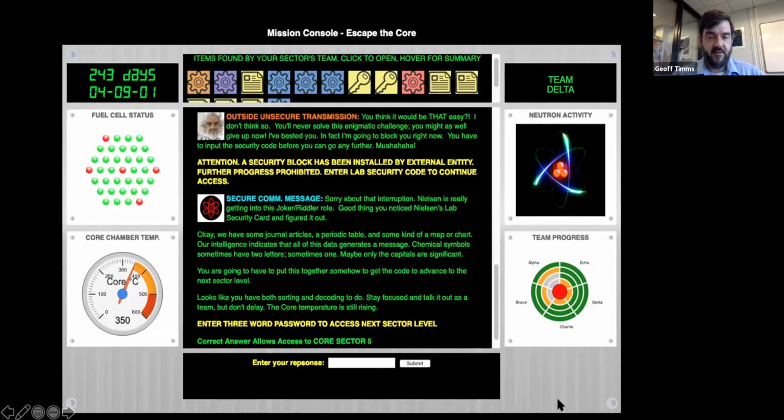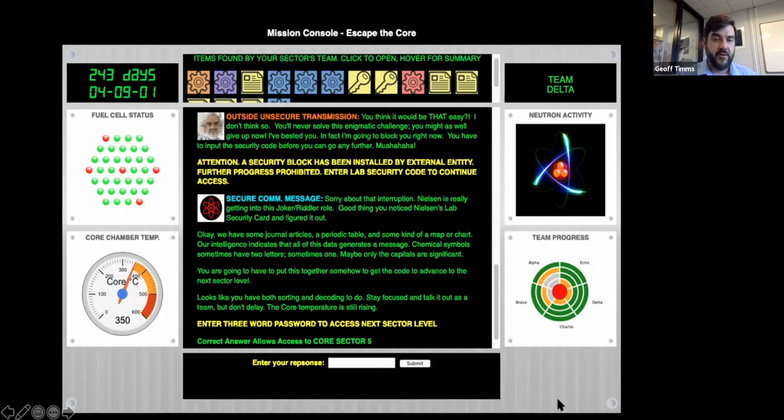In the middle of the screen, we have the majority of the information interactions. So we have taunting from Sonia Nielsen, the bearded bandit. We have information relayed from the scientists who are working through the research station. The information and clues that are discovered are relayed back to our teams.